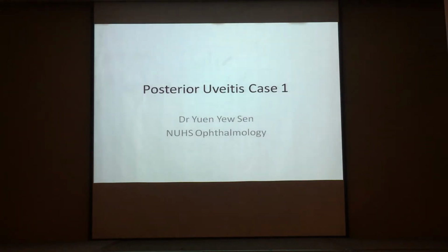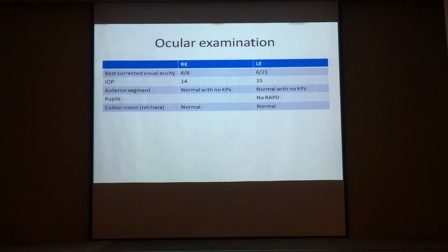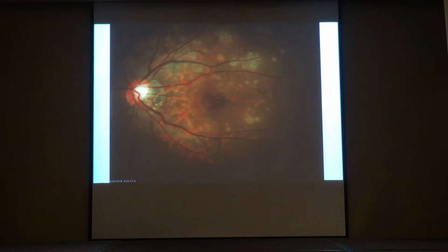Great, thank you. This one is quite fresh too. The patient just came in about 1 or 2 weeks ago. It's a 25-year-old Chinese lady, no past medical history. Came in complaining of left eye painless blurring of vision for 2 days. No other systemic symptoms. Vision was 6/12. Normal pressures. Anterior segment was quite quiet, and the color vision was normal. This is a fundus photo of the right eye, which looks quite normal, and in the left eye we see these